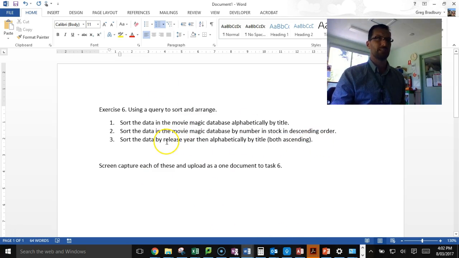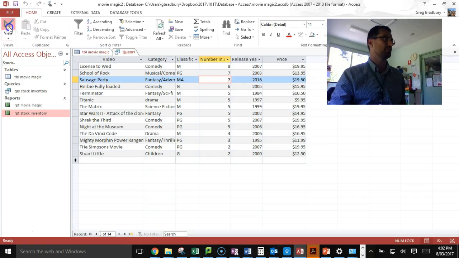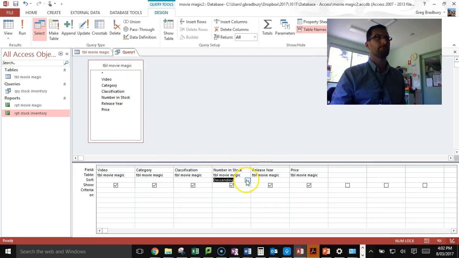And you can't do this in a table. You can only sort by one field in a table, although in a query you can. Let me show you in our design view again. Going back. So instead of sorting by number in stock, we're going to sort by release year. Okay, so both ascending. So it's going to go from the oldest to the newest. It's in release year, and then